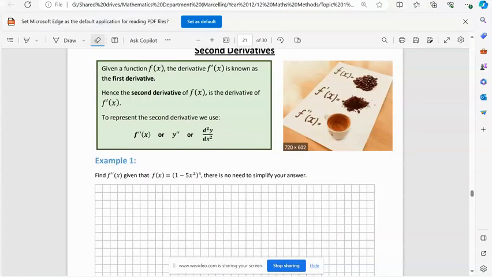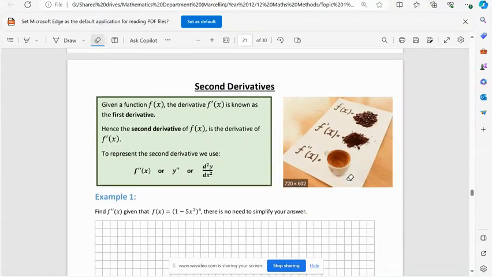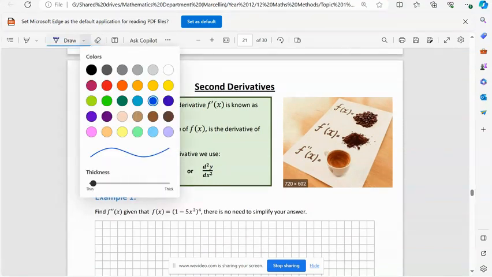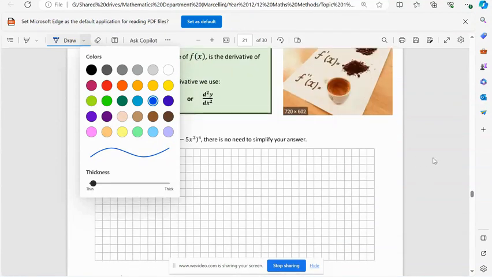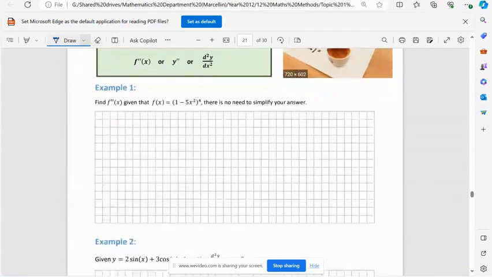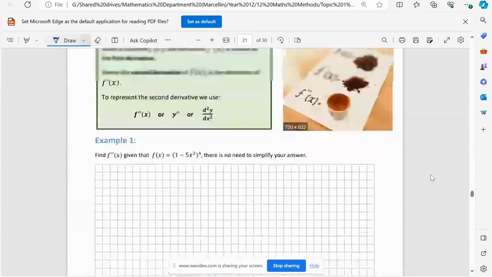Okay, in this video we're going to be looking at second derivatives. This is not a big one at all, really. Second derivatives is just doing the derivative twice, okay? It just adds some complexity from time to time. Okay, so if you're looking at this first one here, I think maybe before we do that we should look